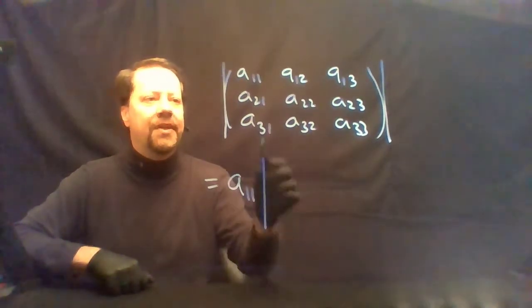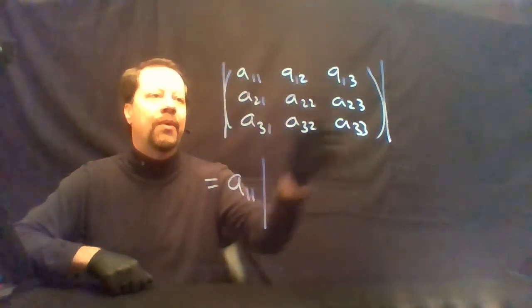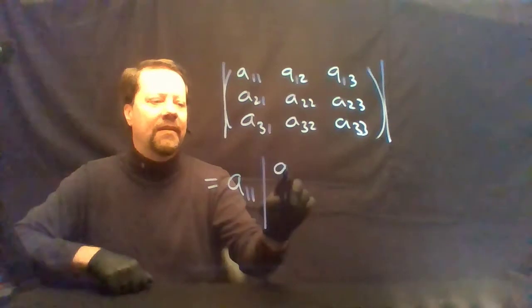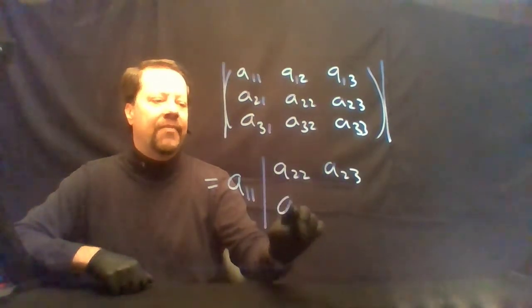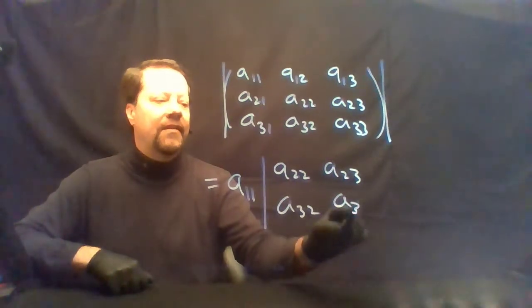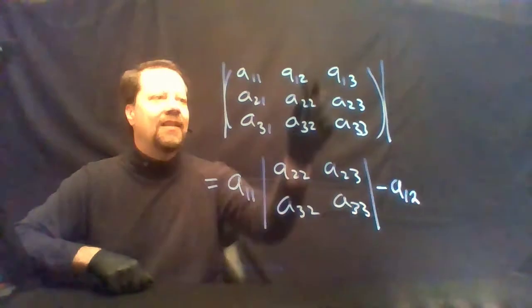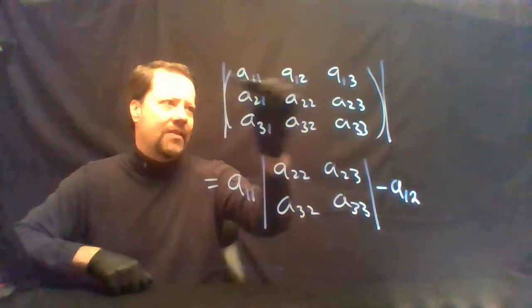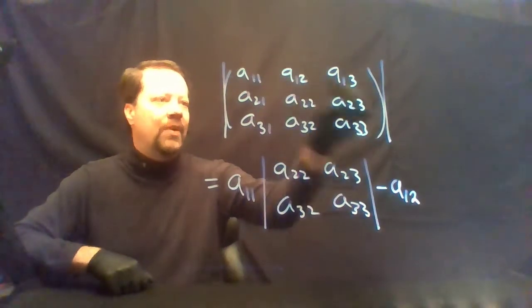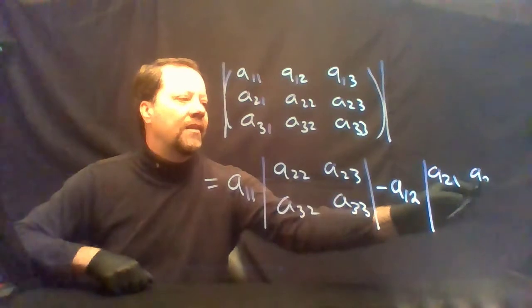A11 times the determinant of the submatrix that you get by crossing out the column and row that contains A11. That will leave A22, A23, A32, A33, and then minus A12 times the determinant of the matrix that you get by eliminating its row and column. That's A21, A23,